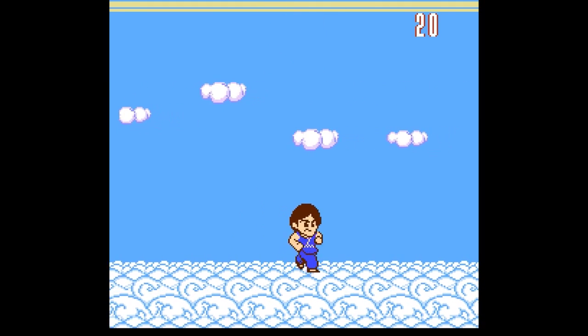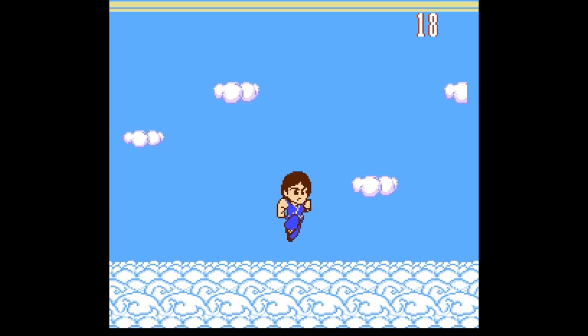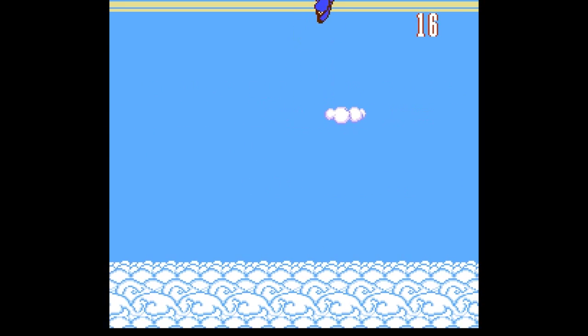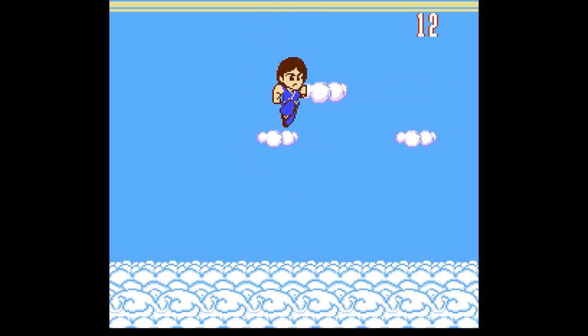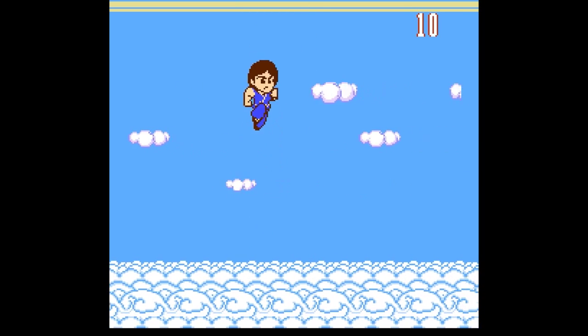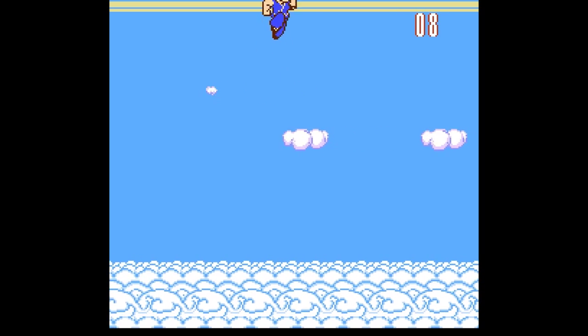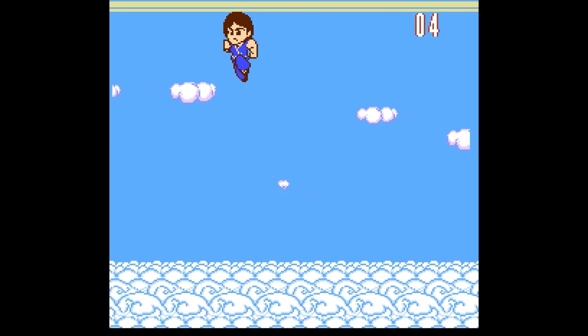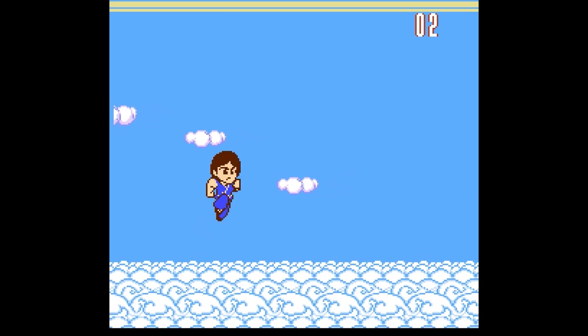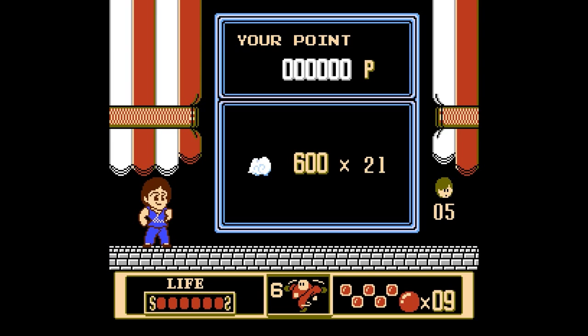How's the jumping? It looks better. Yeah, you can control your jumping. The jumping is pretty solid in the game. It's a little bit floaty, but it works for this game. The more of them you jump on, the more points you get at the end. I'm doing terribly. I used to be able to get all of them. I was trying to go back and get that one, but...